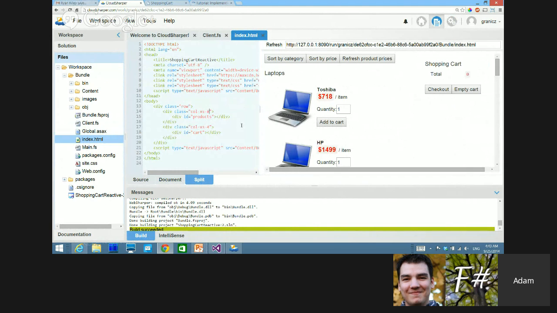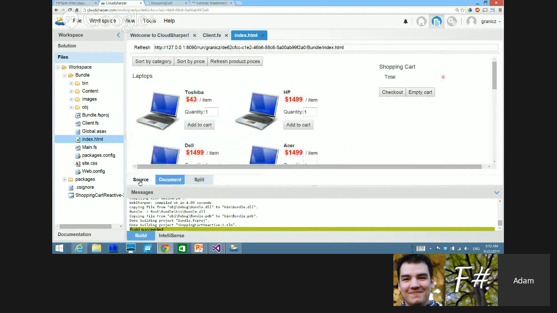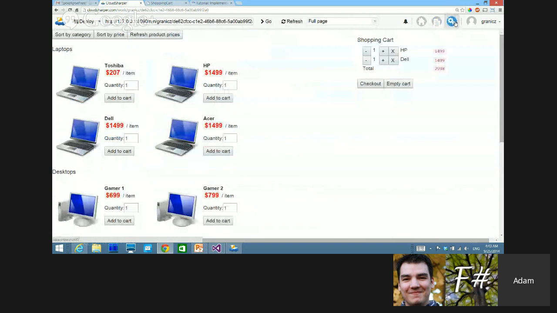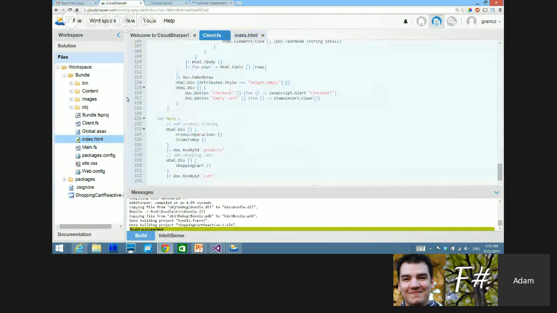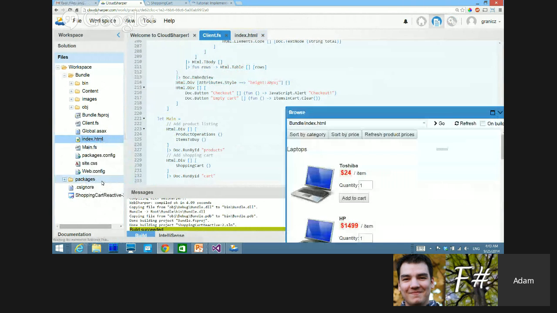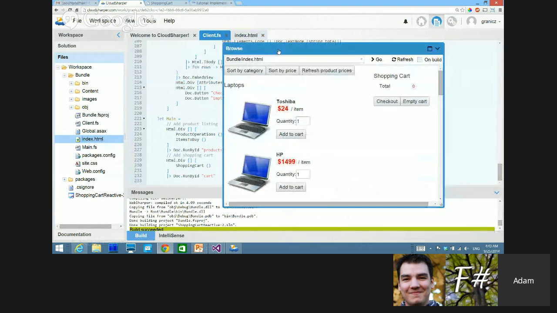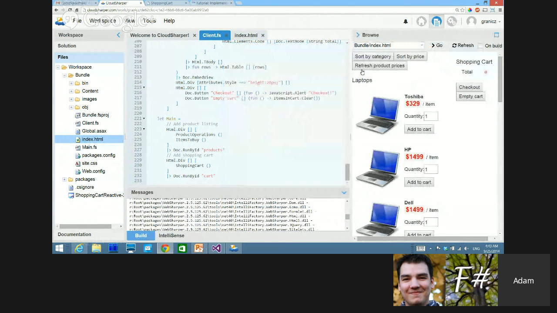And there's a couple other things that I could do. So this is a split view. Typically, you want to either have this or just the source view and then view the whole application running on the deployment screen. But another nice way of viewing this as you're typing, maybe even the F# code, is right-clicking this and saying Browse. This will open it in the browser, which is a pop-up. I can dock the pop-up to be on the right-hand side. And now I have my application next to the F# code,